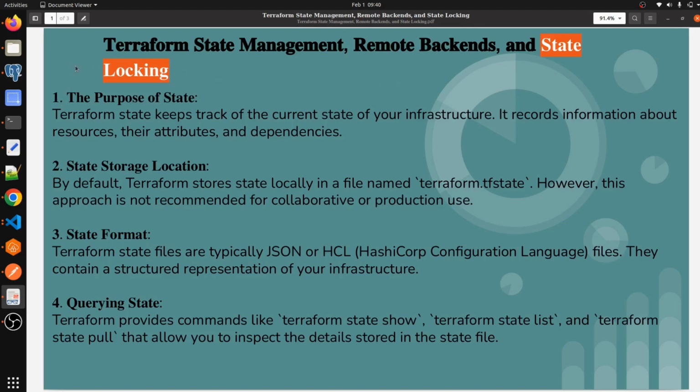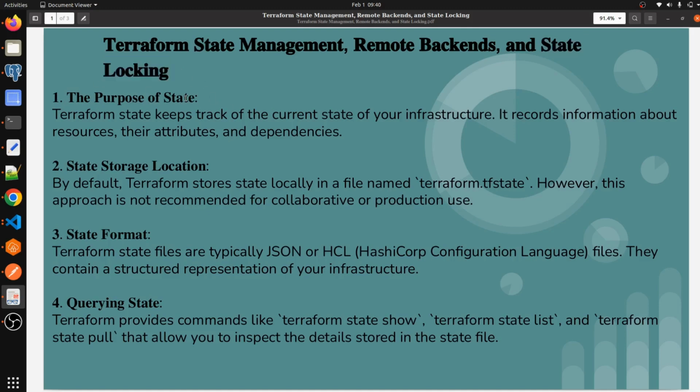So whenever that one user is done creating resources, Terraform will release the lock, and user 2 can create his resources, and again Terraform will create a lock for user 2. So no other user can create resources during that specific time, okay. Whenever user 2 is done, it will release the lock and it will create the resources of user 3, okay. So this is how the state locking mechanism works, okay.